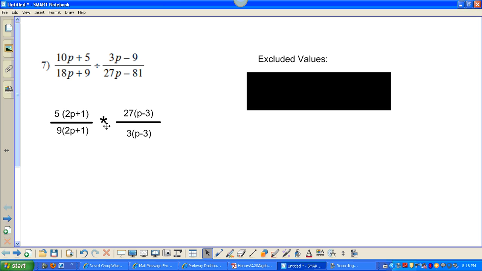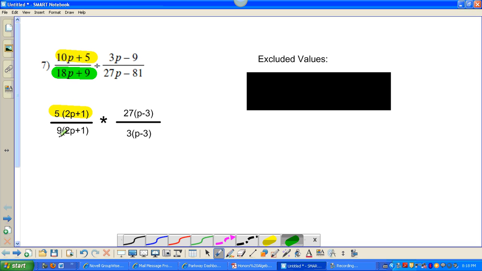On problem 7, you needed to factor the numerator, 10p plus 5, by pulling out a 5, and that gives you 2p plus 1. And then when I factor the numerator, I can pull out a GCF of 9, and I'm left with 2p plus 1. Then, because this is divided,